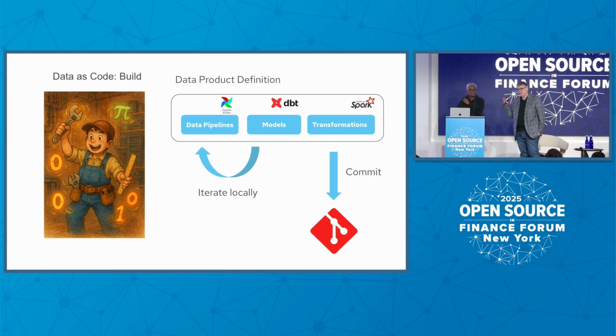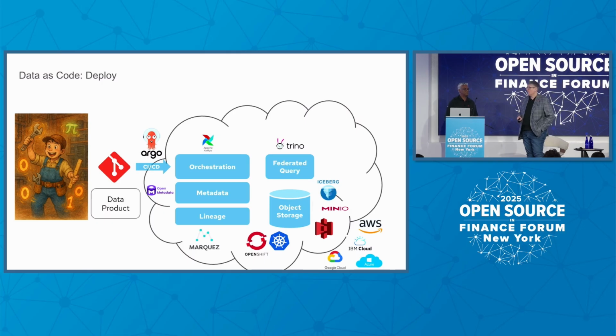Yeah, so as we build into the demo, here's what you're going to see. Who is familiar with what this looks like? Pretty much, it's very similar to the inner loop development model for applications. You will be able to iterate locally on your data product definition and build the data pipelines. You're going to see them in a moment. You're going to build your DBT models. You're going to build transformations in Spark or in Python or everything. You're going to package them together, commit them, and then, as part of your deploy process, use a CI/CD pipeline.